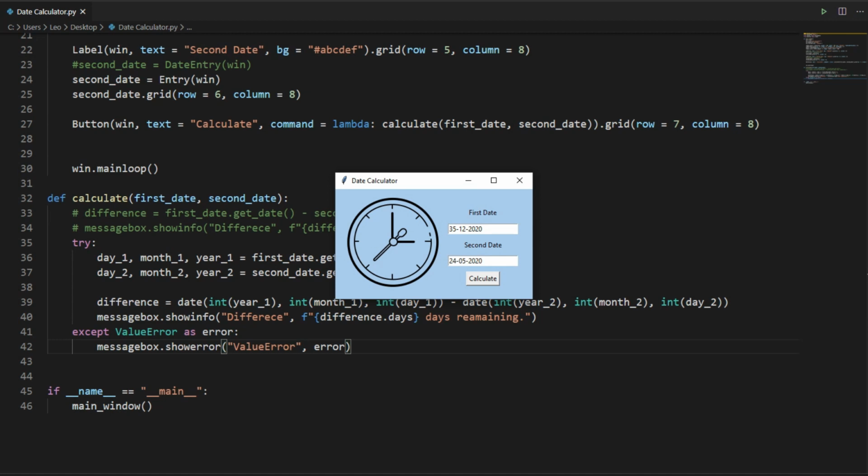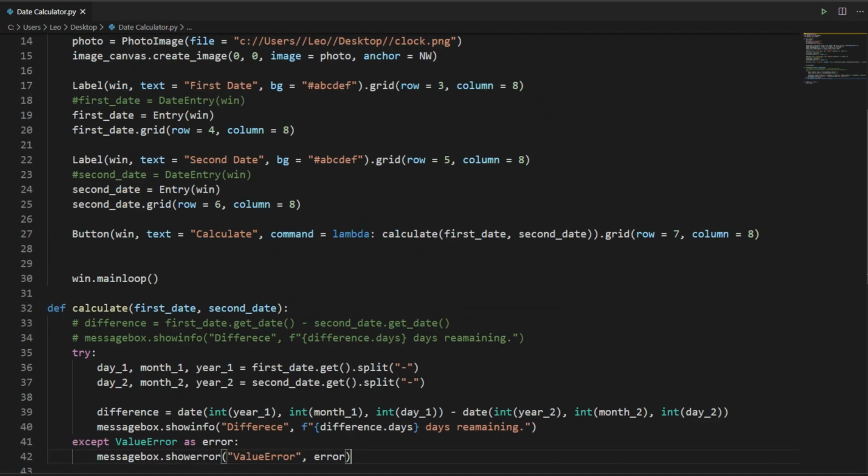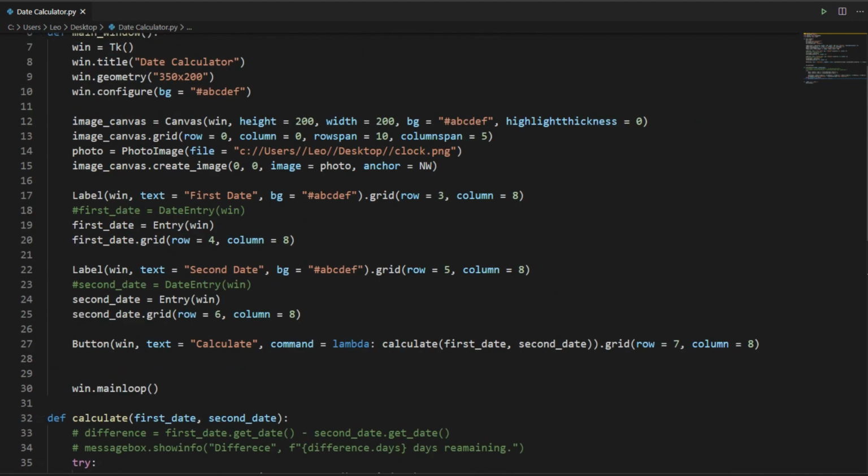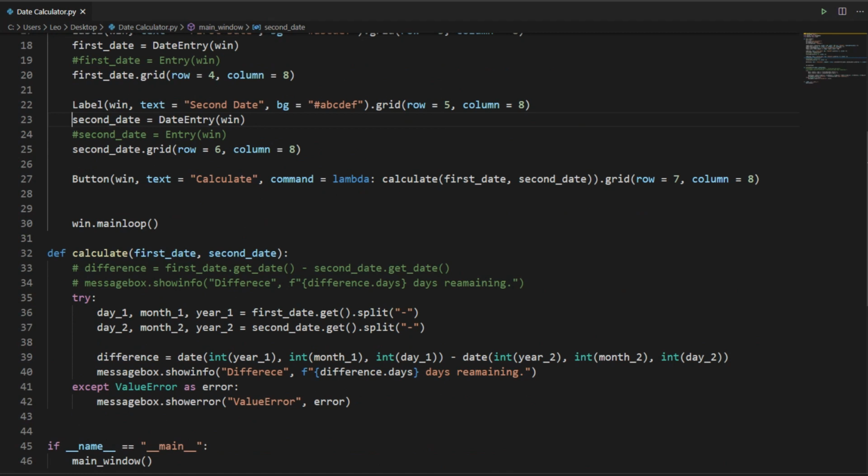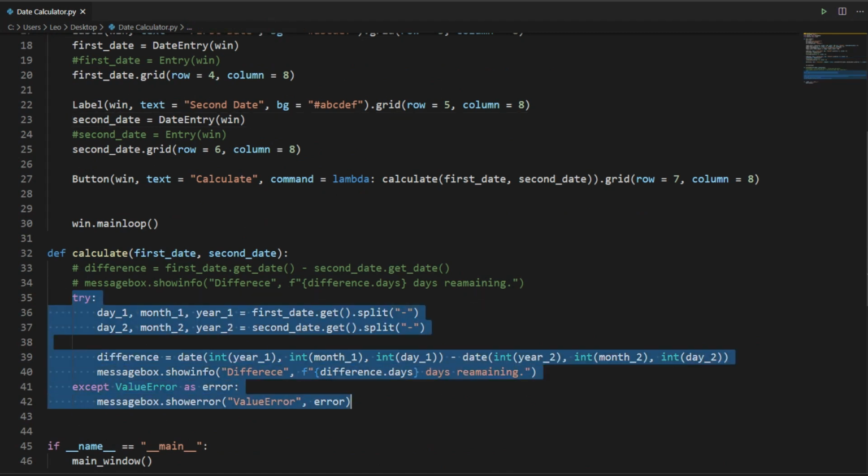Now let's say I want to use both. I want to use the calendar as well, and I want to use the entry as well. I can simply go back to our code and change this entry to date entry, and it will just work fine. But this logic is not for date entry. It is not for the calendar.